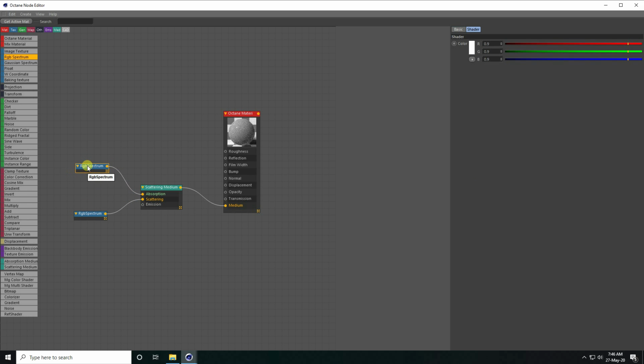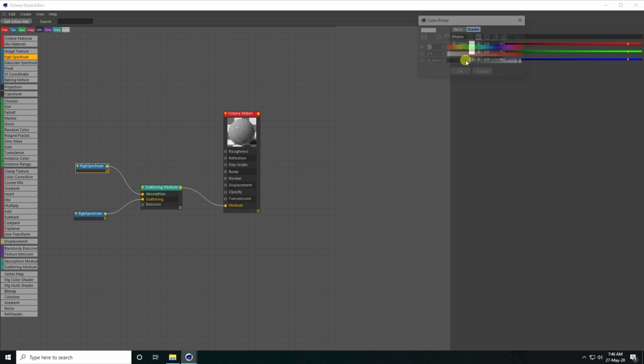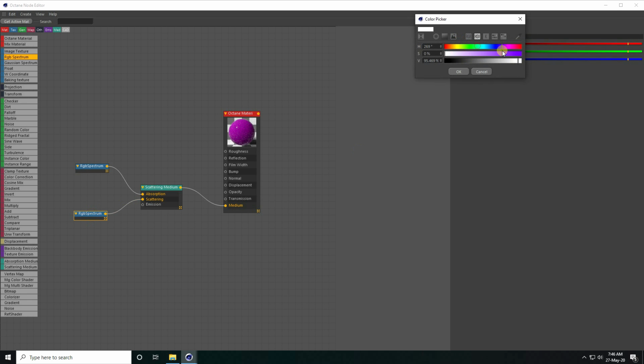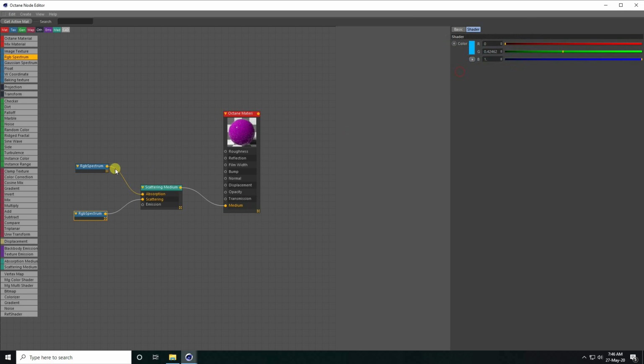And guys, now I change color. So this time I take pink color and second one I take blue color. Yes, and select this first one and also connect with transmission.